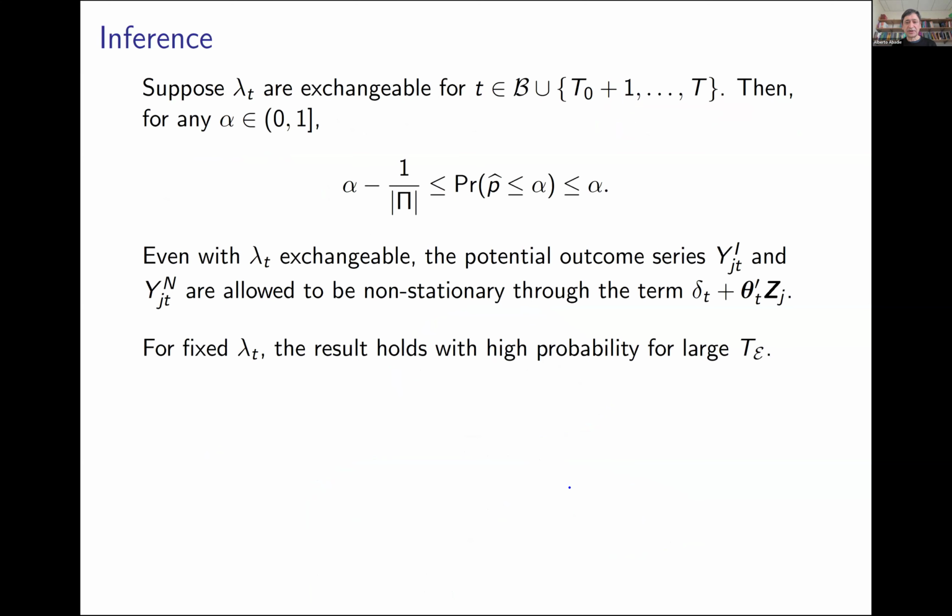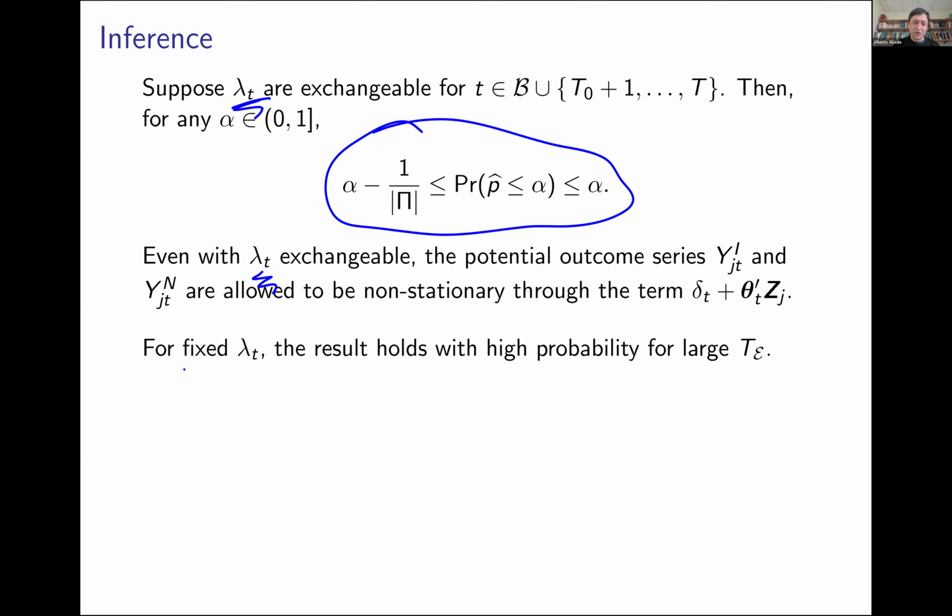Okay, so what guarantees can we obtain on this? That depends on which assumptions you are willing to make. If you assume that the lambda t's are exchangeable between the blank periods and the post-intervention periods, you obtain a very nice result in terms of the validity of the p-value that you are obtaining. Even if the lambda t's are not exchangeable, remember the lambda t's are what multiply the mu j's, the unobserved characteristics of the individuals, then